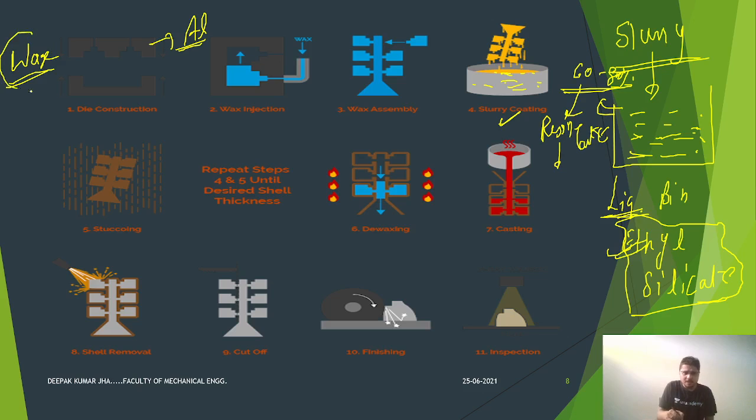Now, is the wax used directly? This can be a potential question for your interview as well: is the wax used in the pure form? We'll say no. Why? Because to give the desired properties to the pattern, we have to use the binding property of wax along with some resins as well as some important binders, so the wax pattern is not a pure wax, so that better properties can be imparted to the pattern. Now the wax in the molten form is injected into this die, which was created of aluminium. Now you would ask me, sir, why is the die made of aluminium?